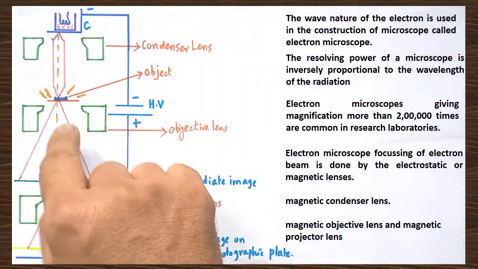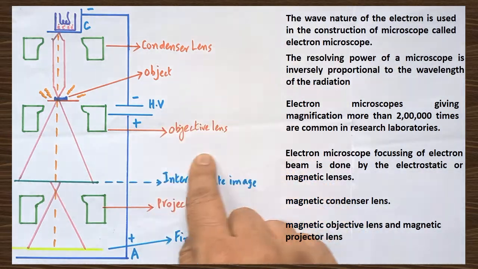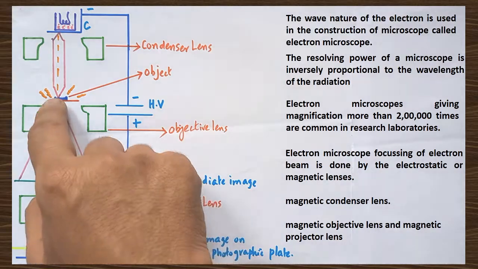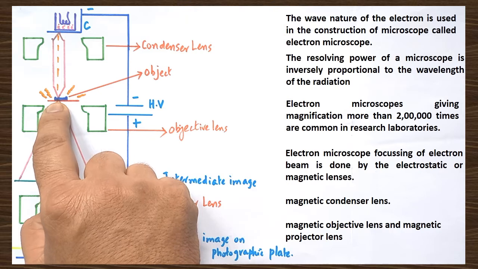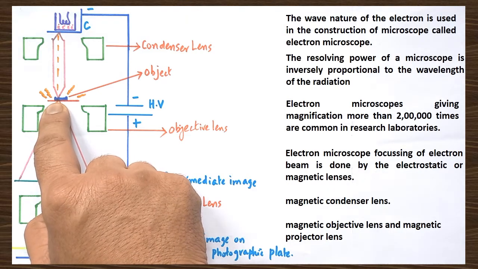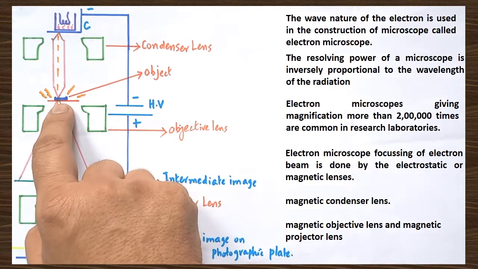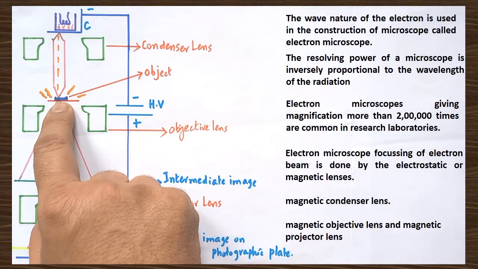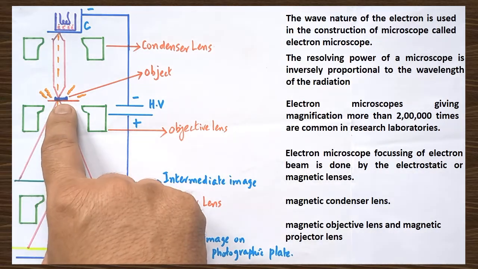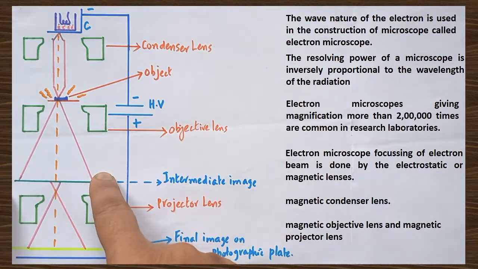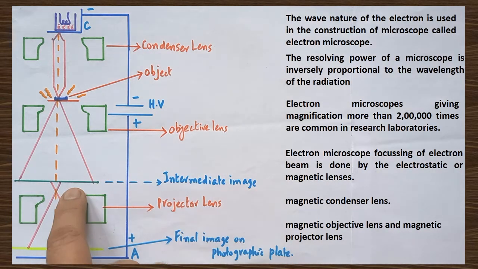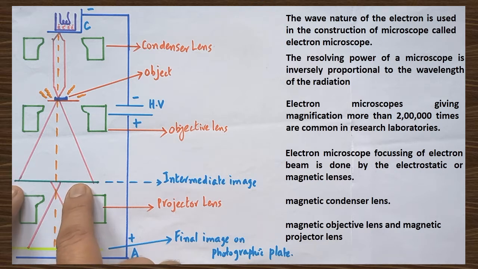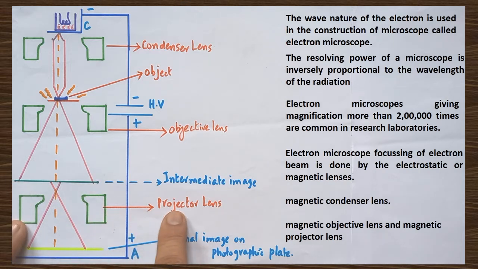Are you clear? So, again, with the help of the objective lens, the electron beam is further diverged, and this kind of electron microscope is called a transmission type electron microscope, because the electron beam is able to pierce through the object and it is transmitted through the object. So, again the electron beam is diverged and that will create another kind of image called an intermediate image. This is also a magnified one, but the magnification created may not be sufficient. Therefore, one more lens must be used, that is called the projector lens.